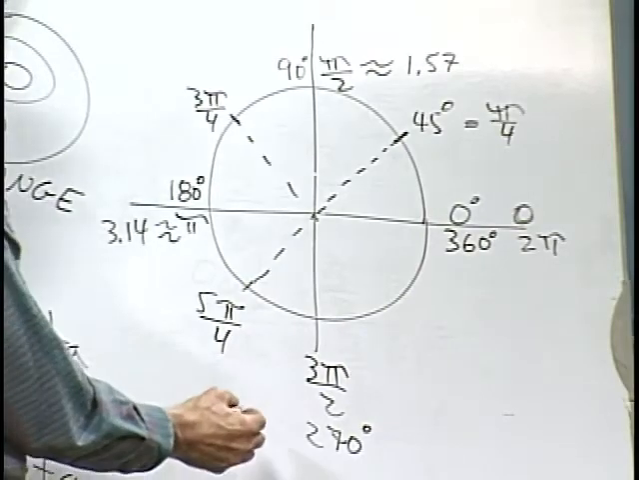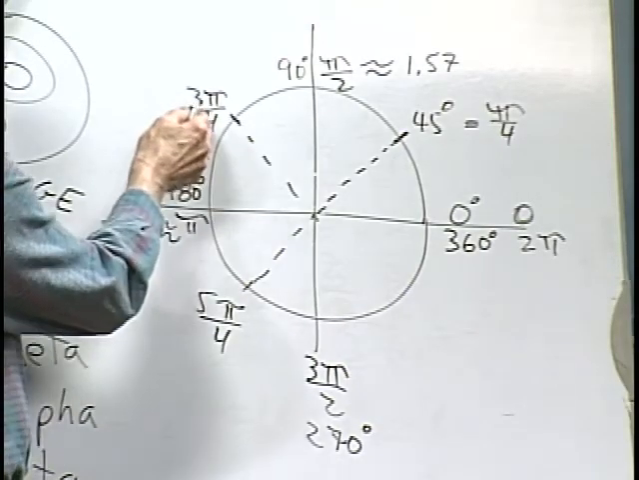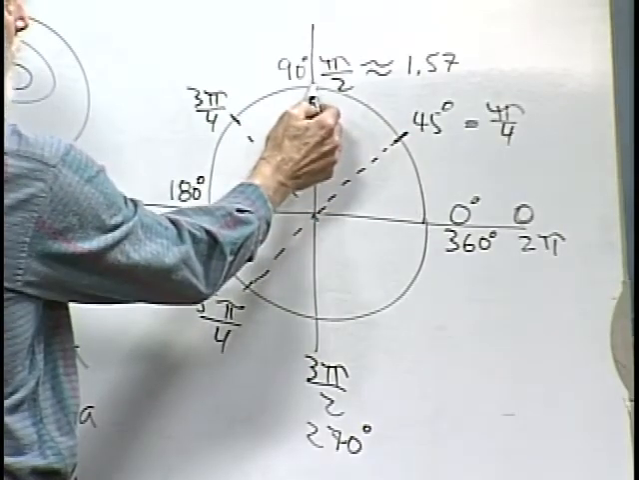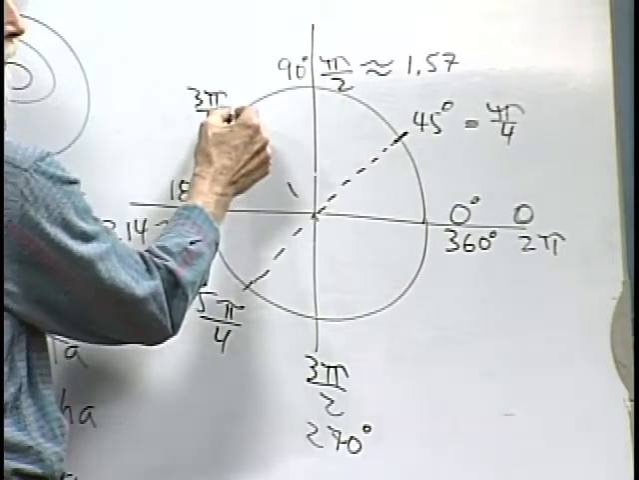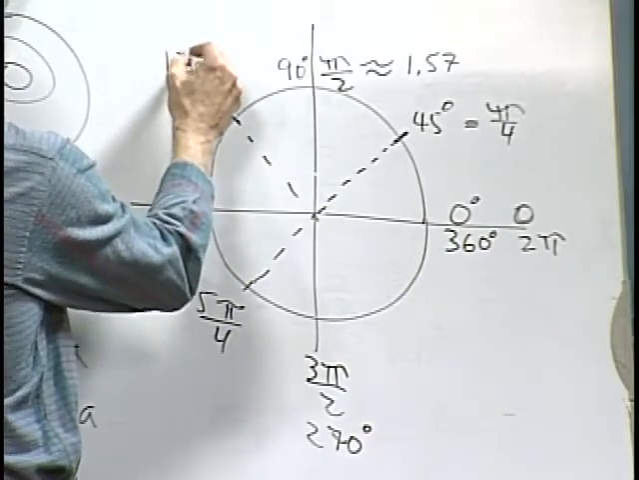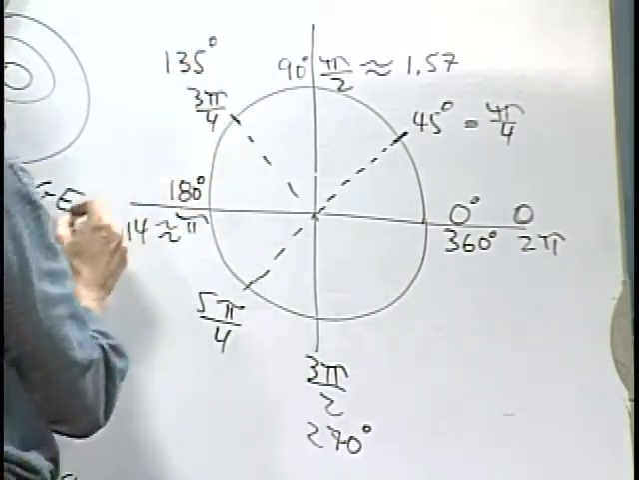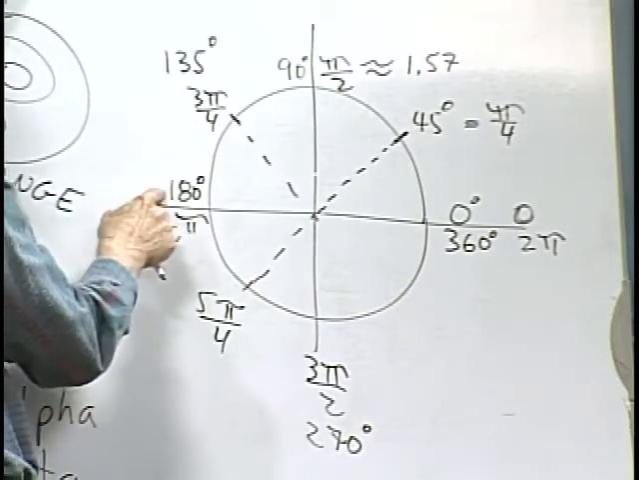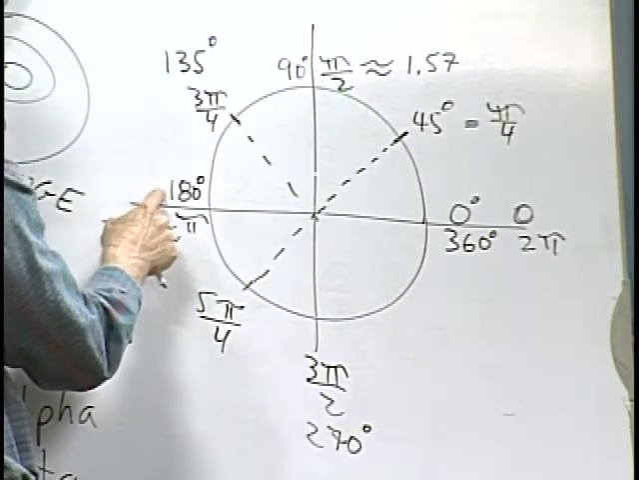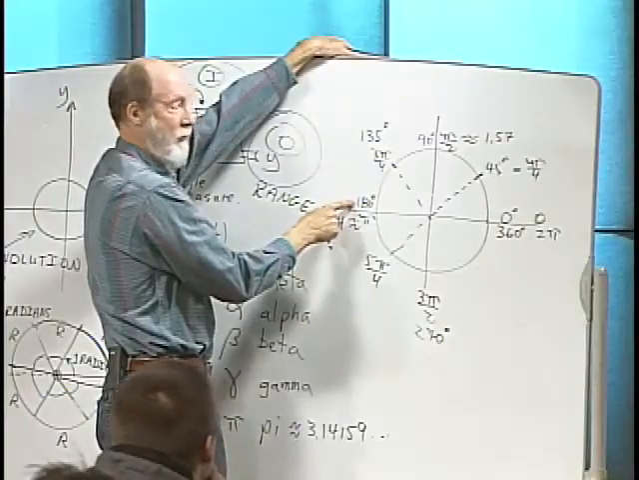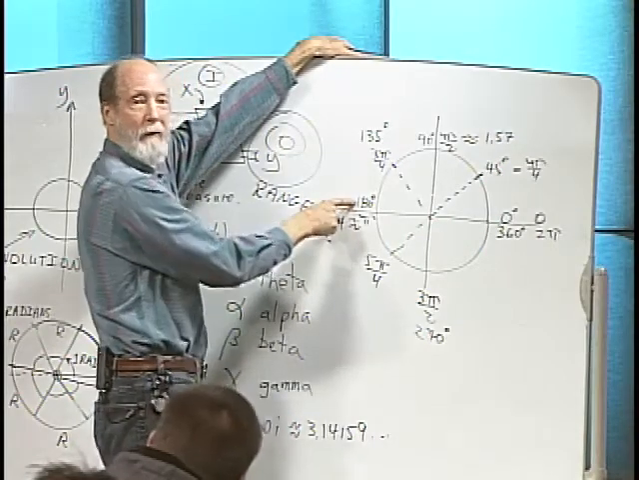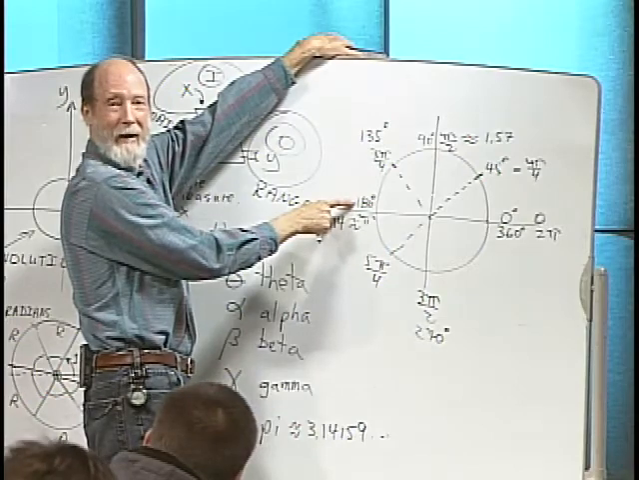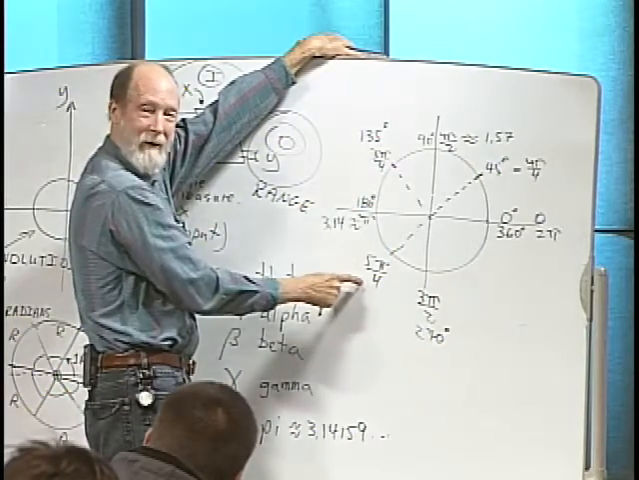And while I'm at it, let's back up here for a second. 45, 1 45, 2 45s, 3 45s, 135 degrees. 4 45s, 180. Add 45 to 180. Add 45, arithmetic, okay? Add 45 to 180 in your head. 225